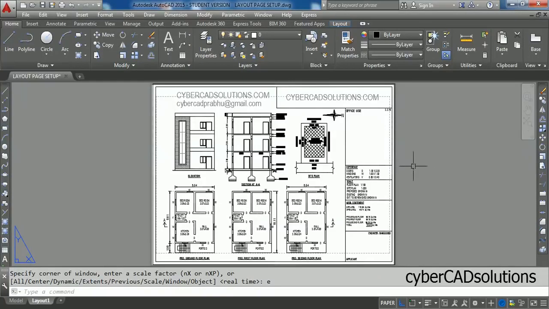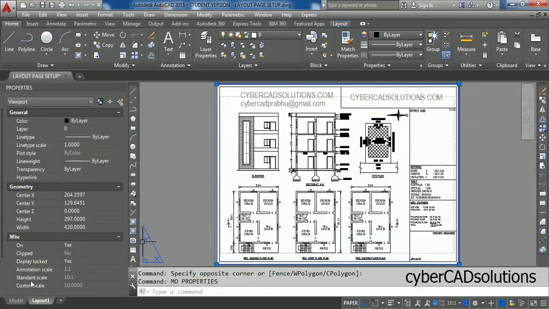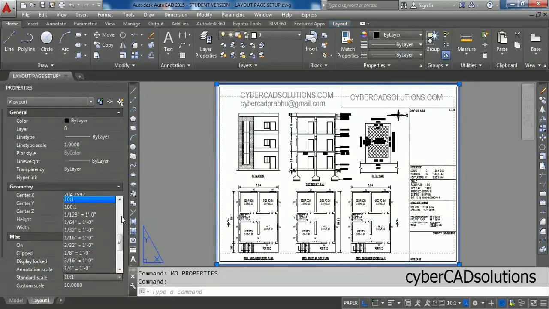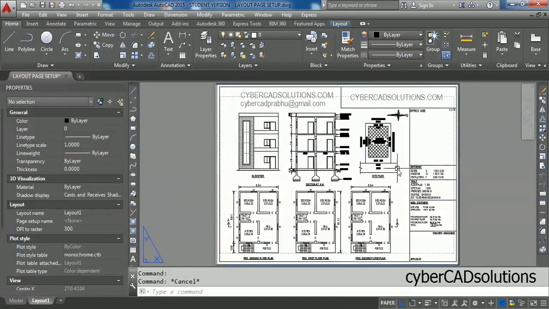So how to do that? Simply select the viewport on the edge, take the modify command and change the standard scale. So here it is, we have already set it. Presently it is not changing, because the display has been locked, so we cannot change the standard scale. If you want to change the standard scale, first of all you need to unlock the display, then you can change the scale to the required value. So once after setting this standard scale, just lock your viewport so that others unfortunately won't change your view settings.